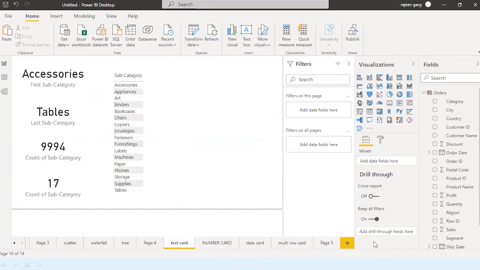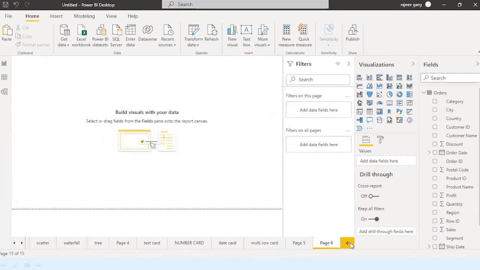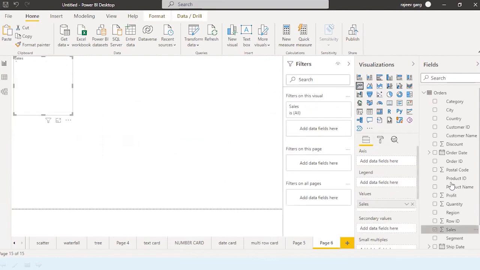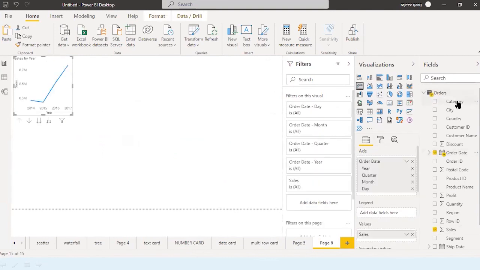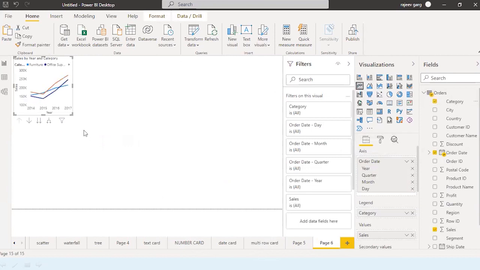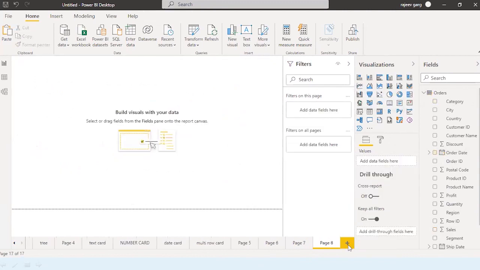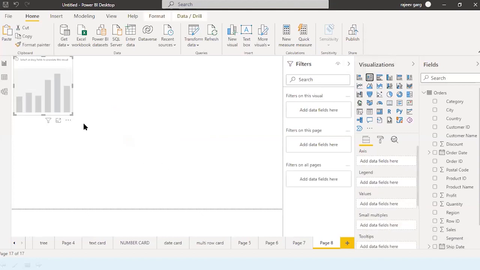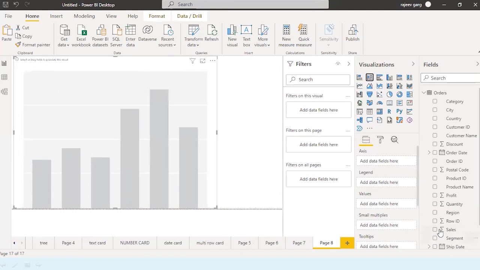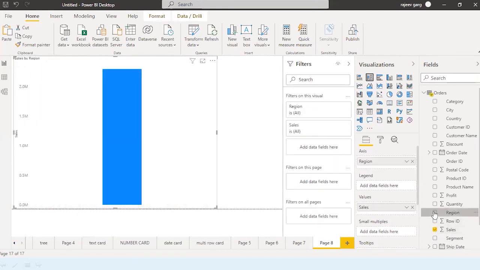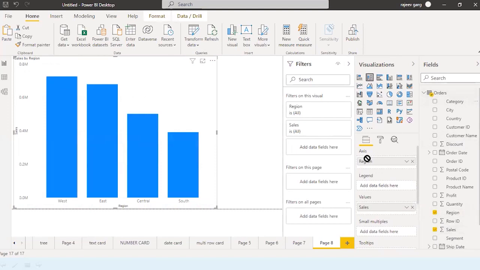If I create another page over here where I would like to display the sales on the basis of order date, bifurcated on the basis of category. Let us take another one where I would like to take the sales on the basis of the region, bifurcated on the basis of category.